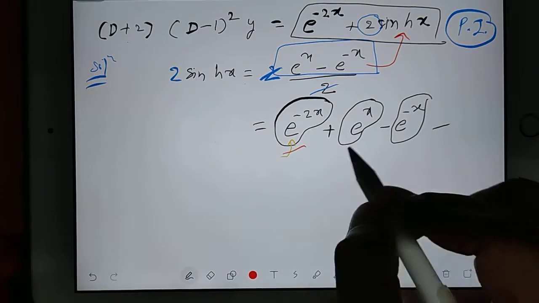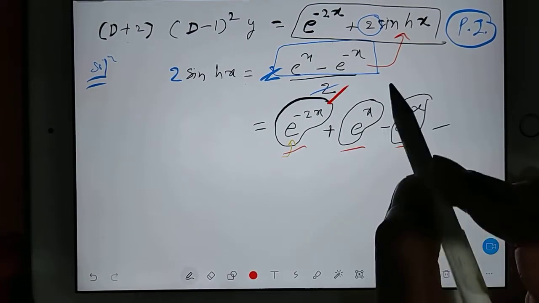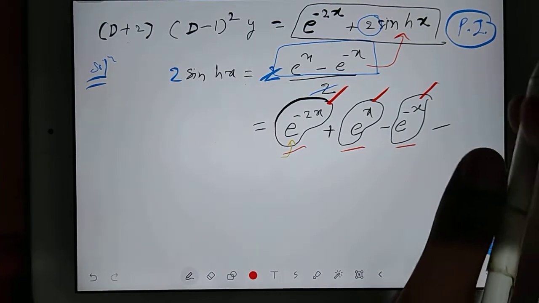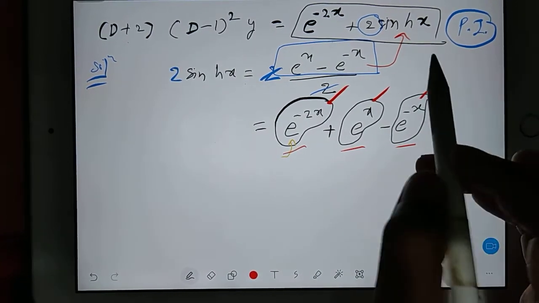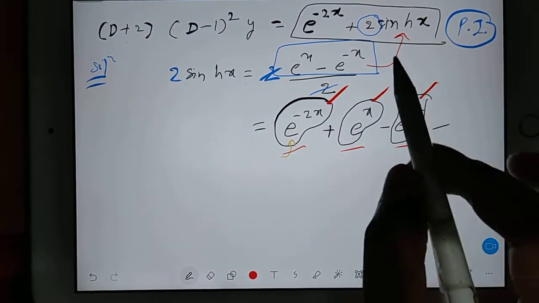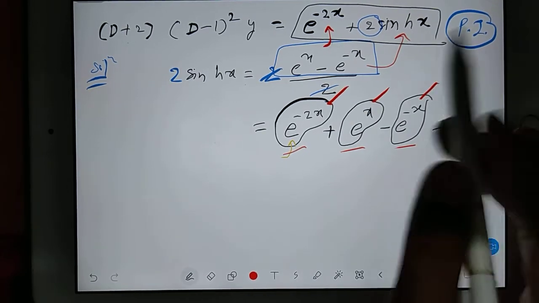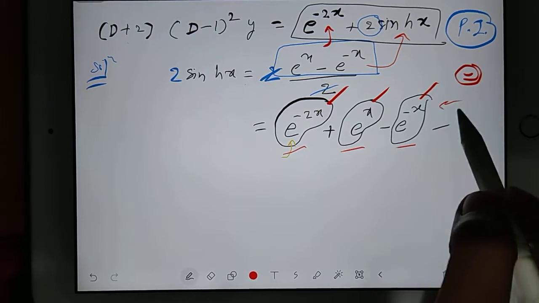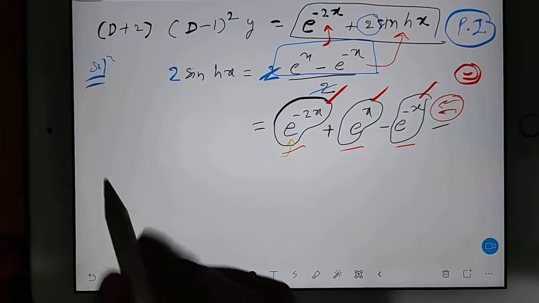In GATE exam, these kind of questions will not come where you have to do multiple parts, because it will be time consuming. They only want to check the concept of the student. So they can check the concept only in one function. The same function they will not give, because the question will be very lengthy. But here for practice purpose I am giving the question. Okay, now we'll go ahead.